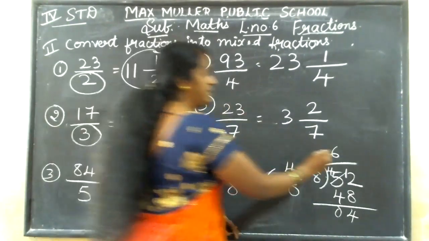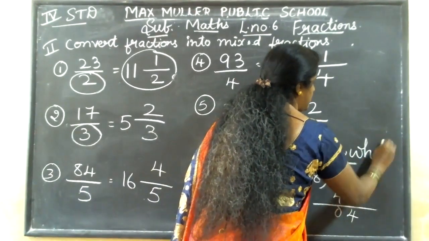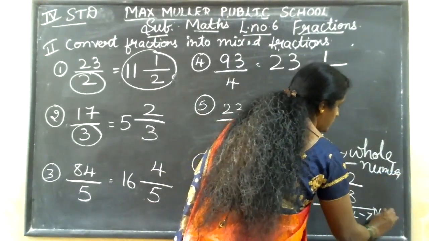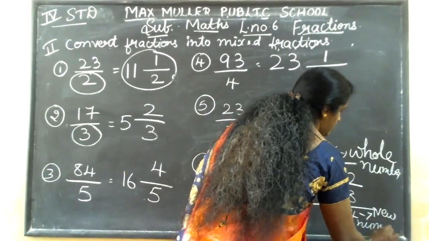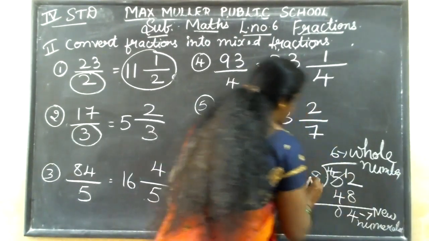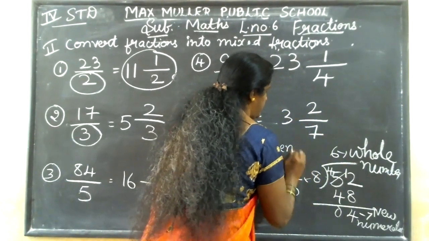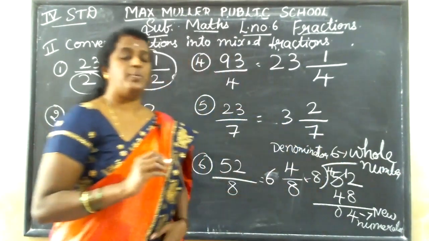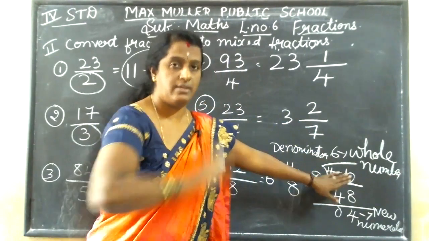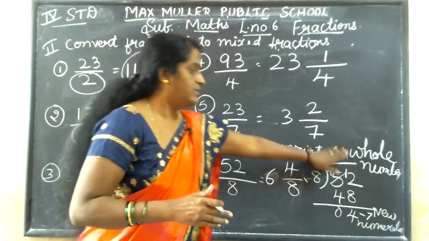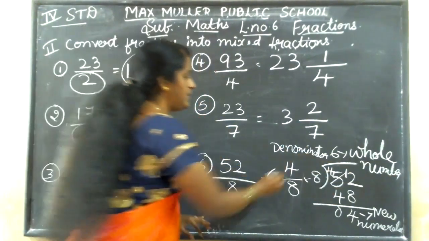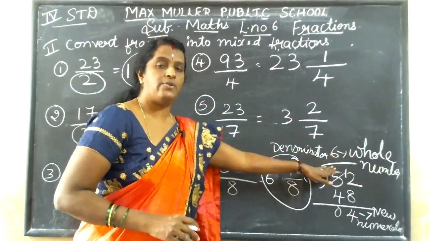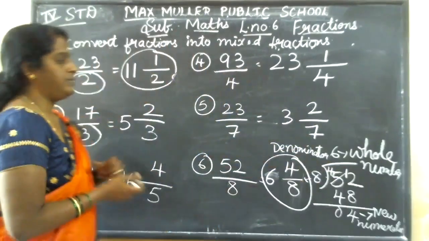I wrote, no, this is the whole number. This is the new numerator. This is the denominator. So in the homework book, if I give homework, I want like this only. After the red line, the sums part is there, no? There you write your copy question. I want the answer like this. But some you have to do. How you got this answer, you have to do by the side. Okay, children? Yes, copy down.